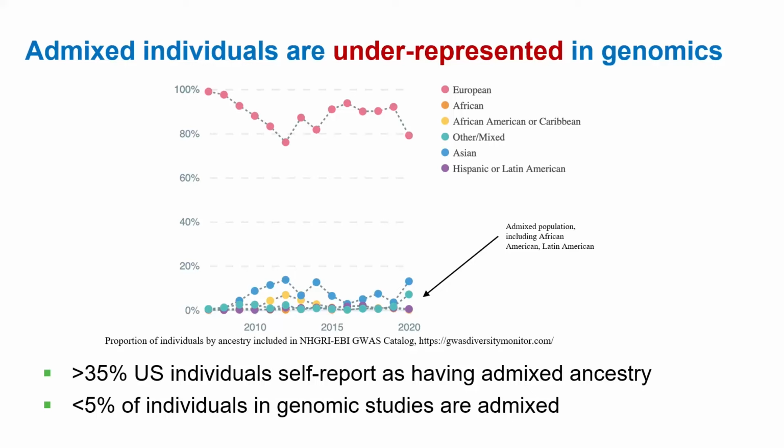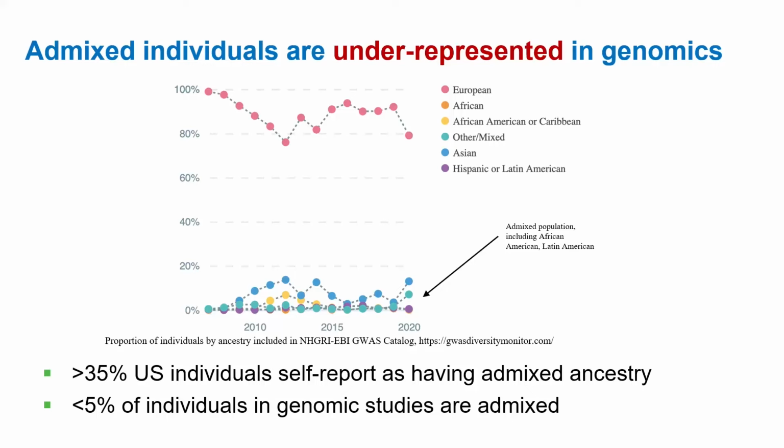And as we move forward, when we get more diverse ancestries, it remains the case that individuals of admixed ancestry continue to be underrepresented, partly because there's such a misconception that we don't have the statistics or methodologies to analyze and correct for ancestry properly. And if there's one take-home message that I have for you today, it's that that's wrong. We do have quite a sophisticated statistical toolset to analyze data from admixed individuals.